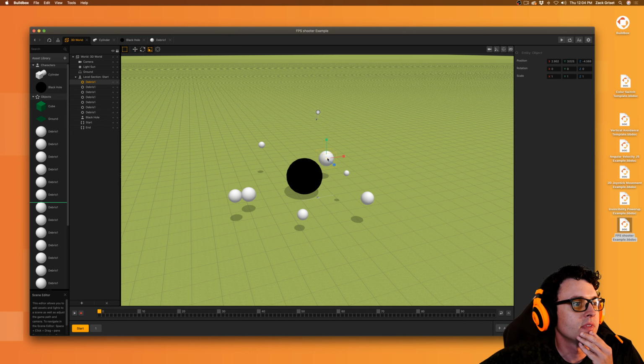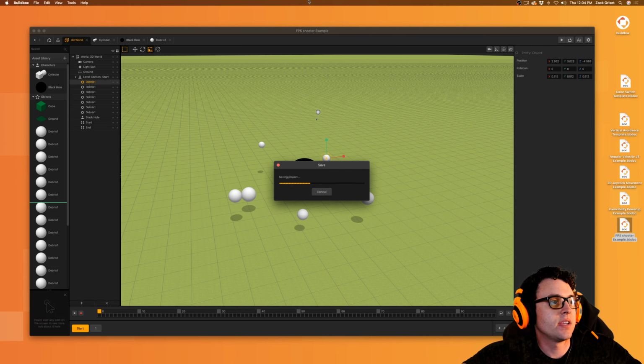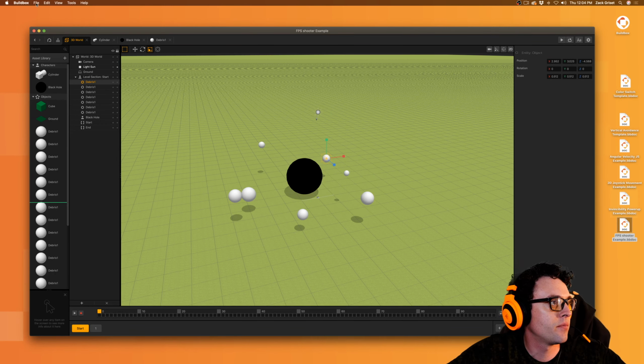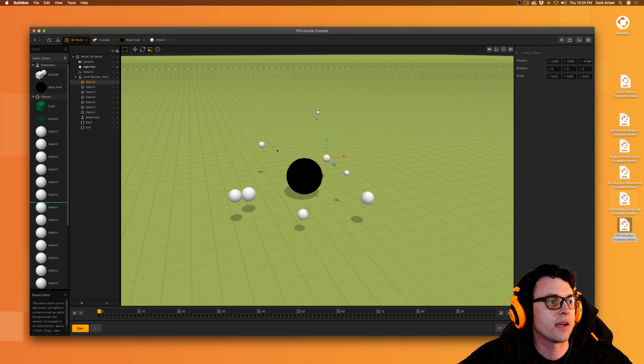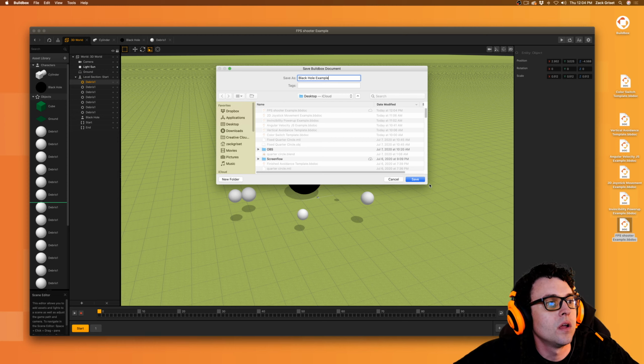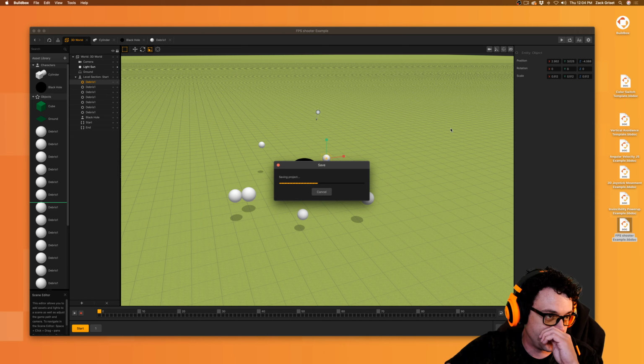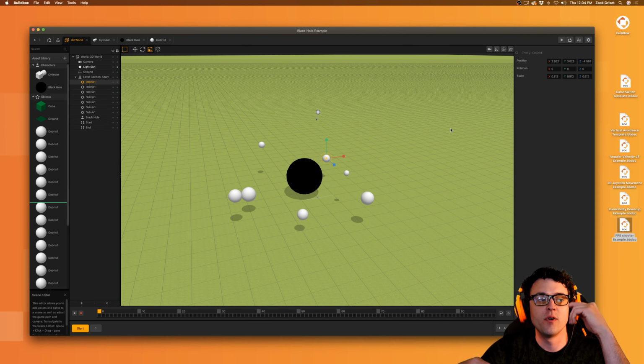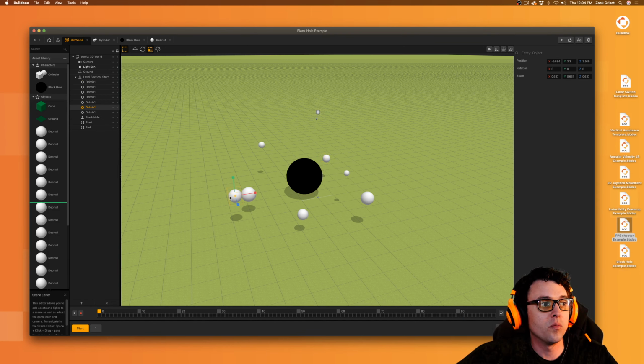And now it should really look cool, right? I'll go ahead and save this as, oh, I messed up the FPS shooter example, but I'll save this as a black hole example. Okay, save. All right, now watch this. They're all going to get sucked in one at a time, and they're going to be removed one at a time. Should do